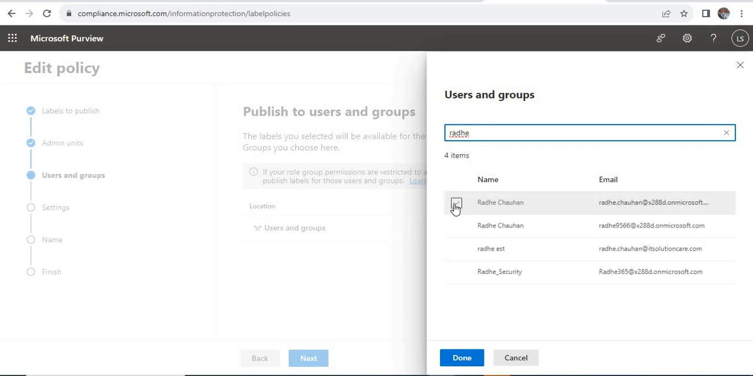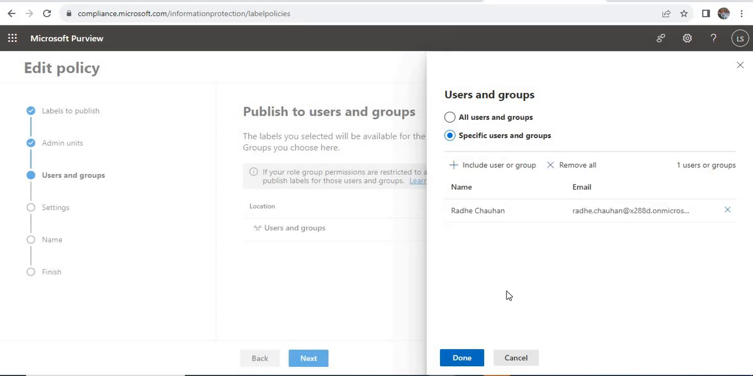Let me show you that one. I have already shown you this setting in the previous video. You can check my previous video for this label policy. This is a very easy setting that you can do. Now if I select only one user, then only this user can see the label and assign it to the email. That is the thing. So I will allow all users so that all users can assign the label